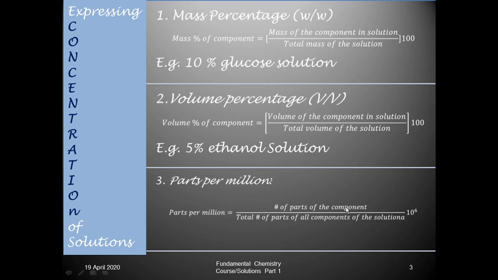Whatever unit you have used for the quantity in the numerator, the same unit you are going to use for expressing the solution. So remember this point, and then you will take the factor, because you are talking about per million. So 10 to the power 6 gives you the millionth part. Multiplying by this number will give you the millionth part of the component. So this is how one can find out parts per million concentration.